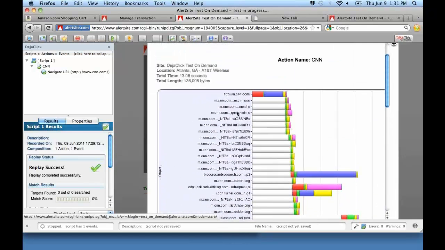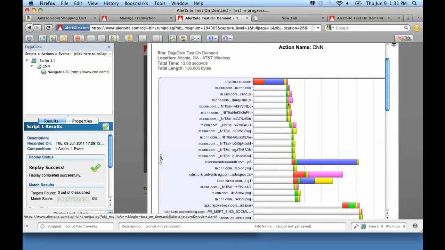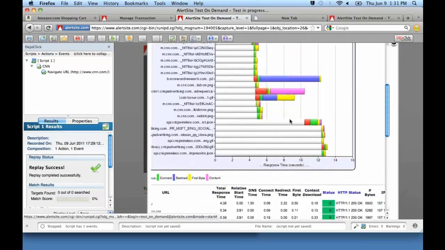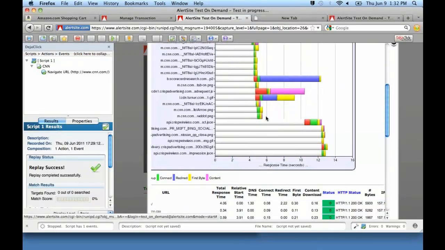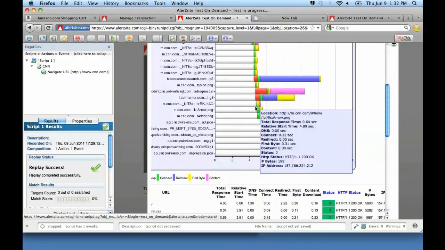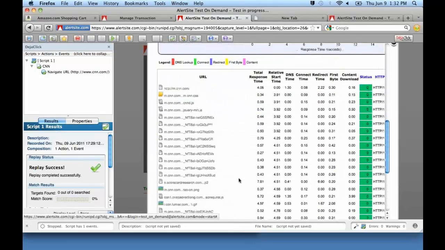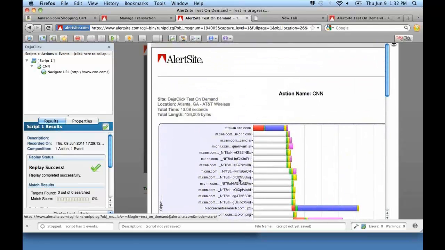So here's what we're seeing here, about 13 seconds total load time. Here are the assets that are loading and the final page load stuff. And beneath the detail of each of the assets in the waterfall chart is more specific timing data for each of the stack components. So let's look at that 13 seconds and go look at how it ran on the